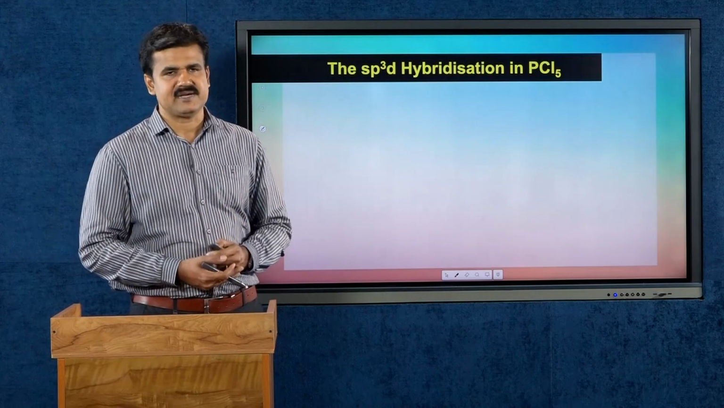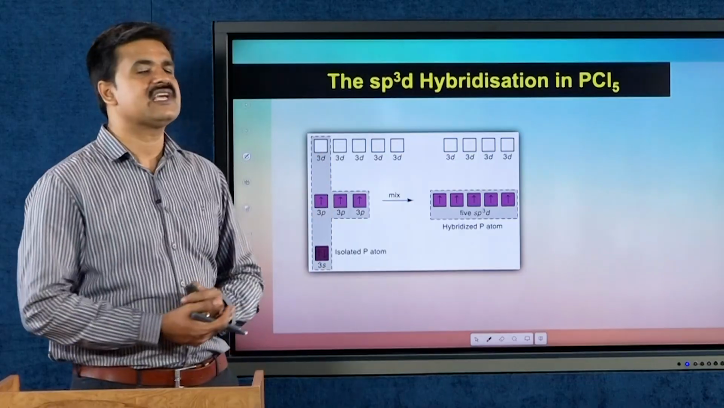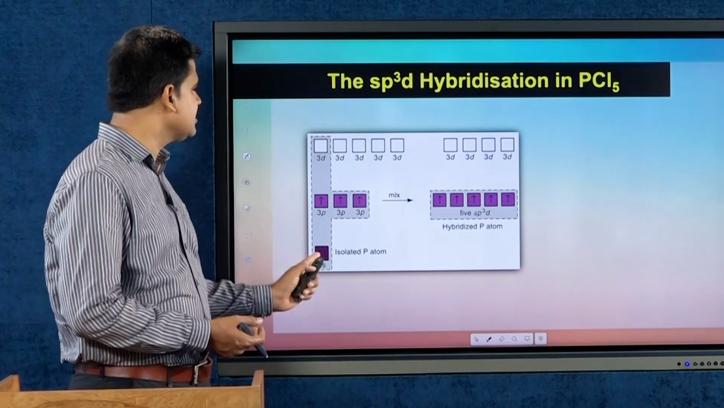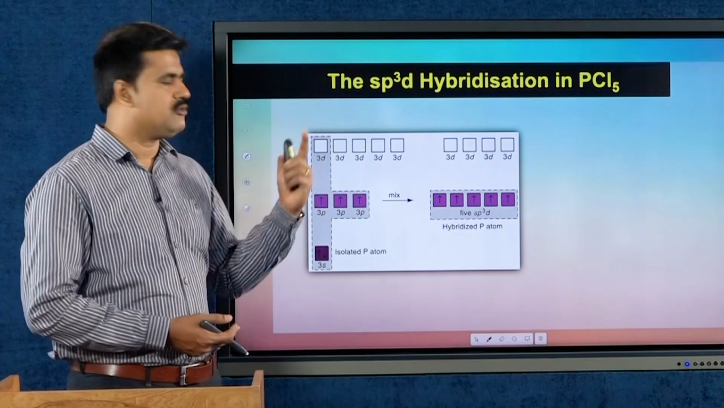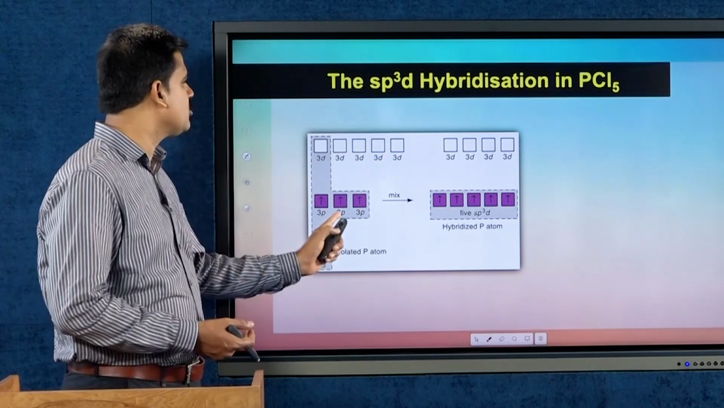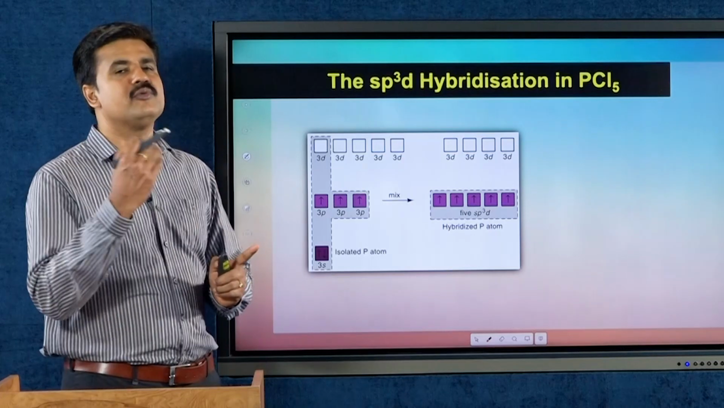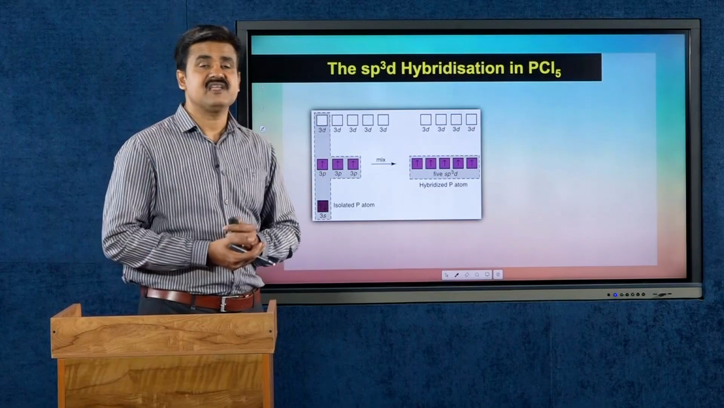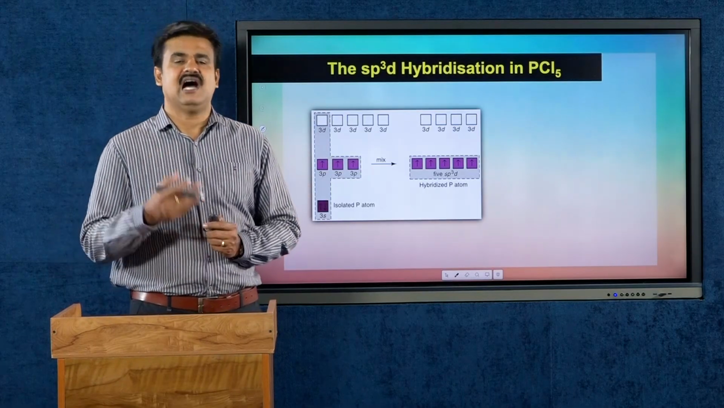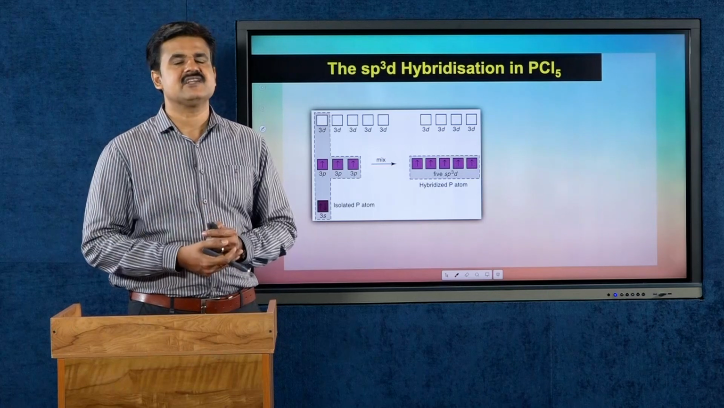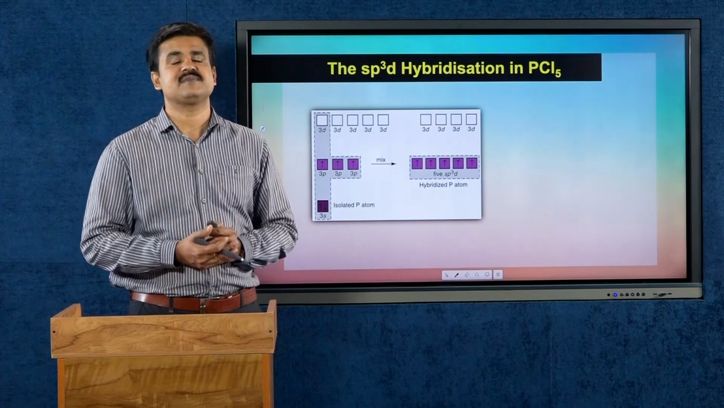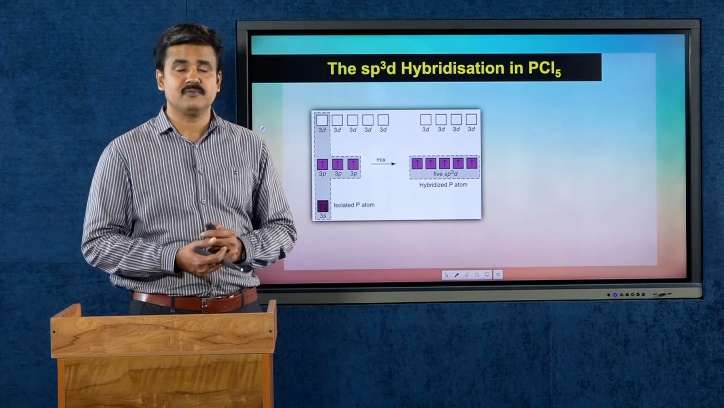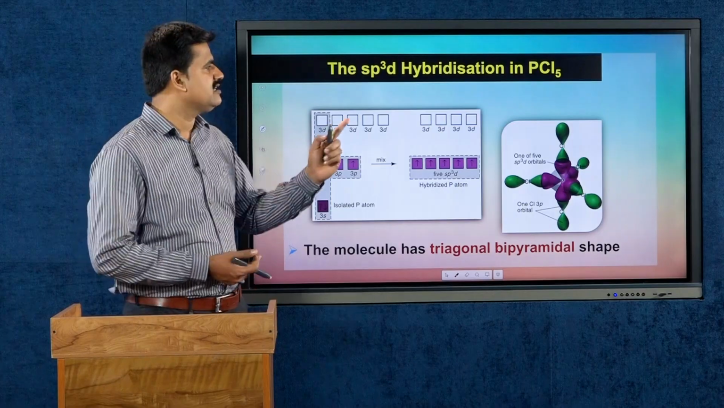the sp3d hybridization. This is the electronic arrangement of an isolated phosphorus atom, which has an electronic configuration of 3s2 3p3 3d0, out of which 1 s orbital, 3 p orbitals and 1 d orbital undergo mixing up to produce 5 sp3d hybrid orbitals. These 5 sp3d hybrid orbitals are half-filled due to electronic excitation, and these half-filled 5 sp3d hybrid orbitals overlap with the 2pz orbital of the chlorine atom to form the PCl5 molecule,